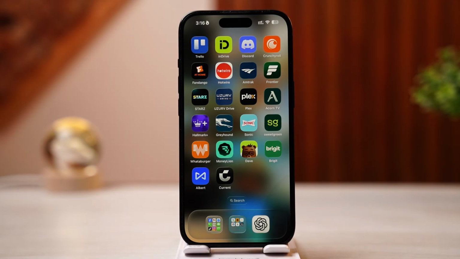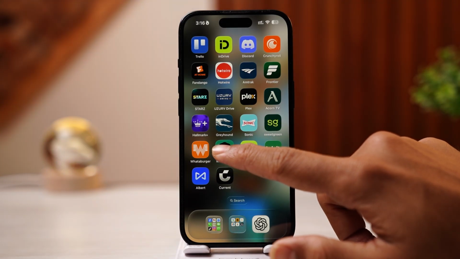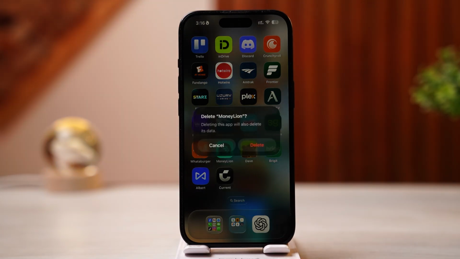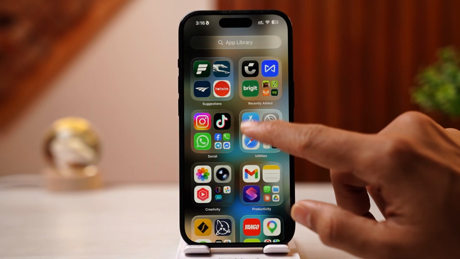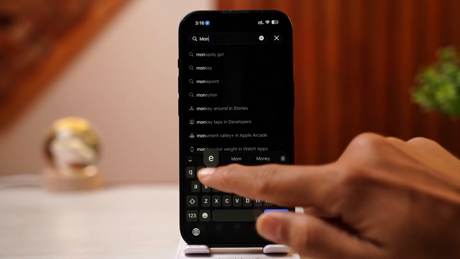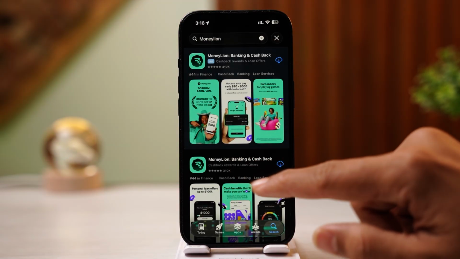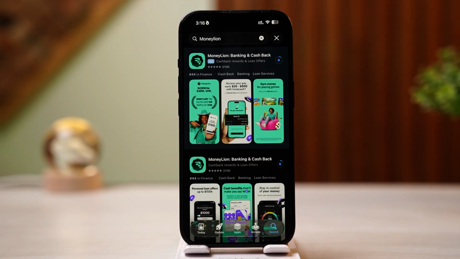If that doesn't solve the problem, you can simply navigate to the MoneyLion application. Tap and hold on the app and simply click on remove app. Click on delete app again and click on delete to delete the application. Now you want to go to your app store and search for the MoneyLion app over here. Click on search, and what you're going to do is simply install the app again. And by doing so, you shouldn't be facing any problems